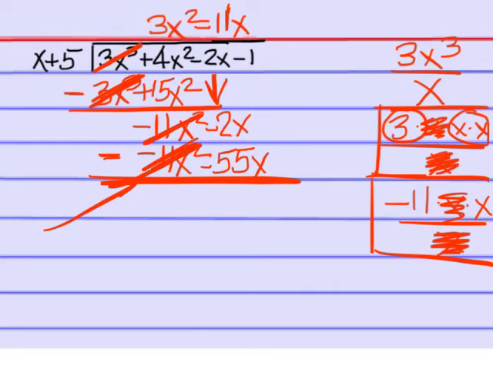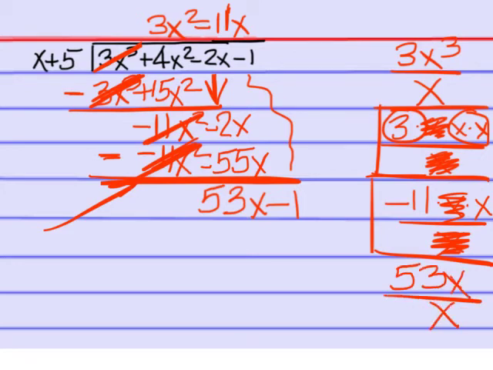And then you have to do negative 2 minus negative 55. That'll come out to be 53x. And drop this minus 1. And we repeat this process one more time. We have to figure out what we multiply x by to get 53x. So write it out like this, 53x over x. The only thing that cancels out is an x on the top and the bottom, and you're left with a 53. So write that up here,